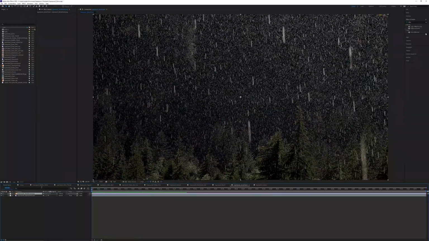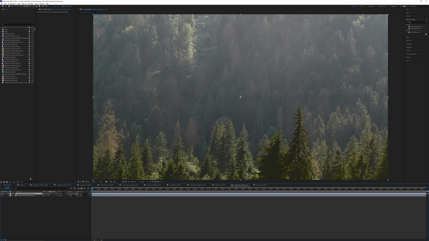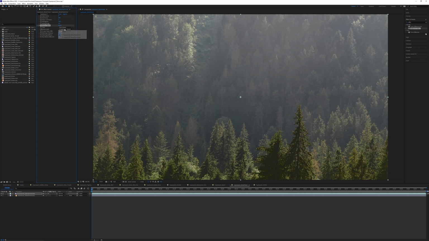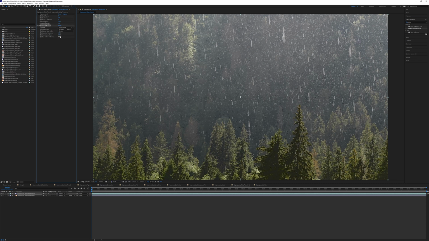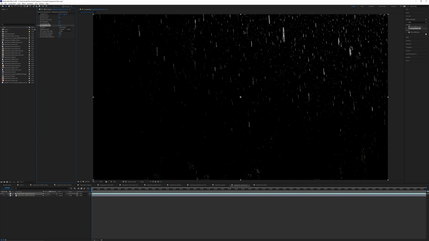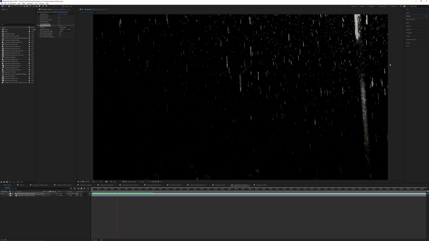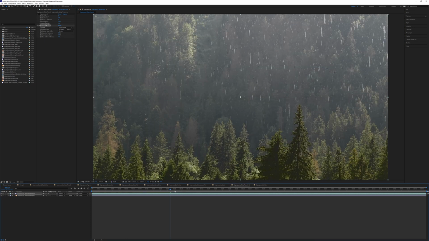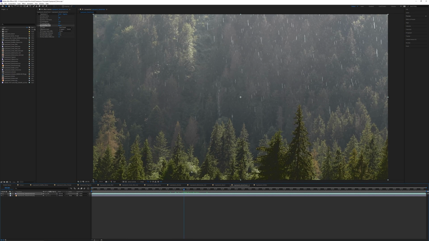Like I could see many applications where you might want to extract just the motion and just leave the background, and maybe you want to use just the rain as a different element, or maybe you want to do something weird where you can just toggle off the rain in the shot. I don't know what you would want it for this specific thing, but I could see many applications for extracting the moving parts of a plate.